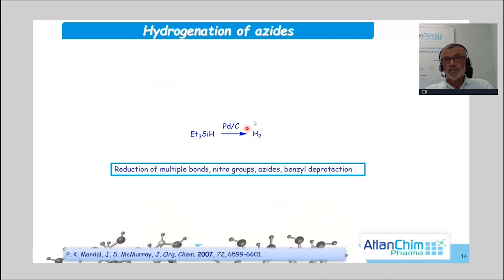In situ generation of molecular hydrogen by addition of triethylsilane to palladium on charcoal catalyst results in rapid and efficient reduction of multiple bonds, azides, and nitro groups, as well as benzyl group deprotection under milder neutral conditions. For example,